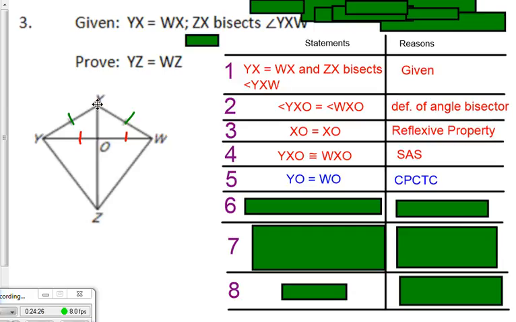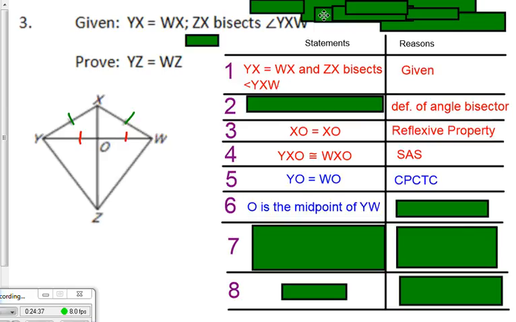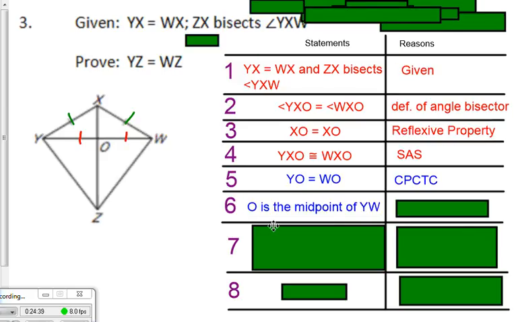Now, X, right here, is equidistant from Y and W. O is equidistant from Y and W, right? So we can say O is the midpoint of YW. There's a straight line here. This is exactly the same as this. So O is the midpoint of